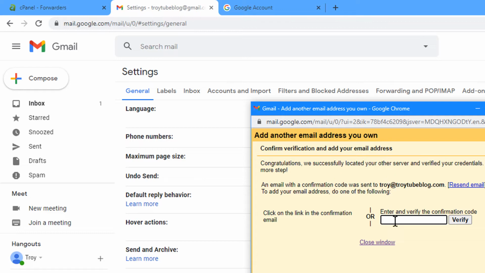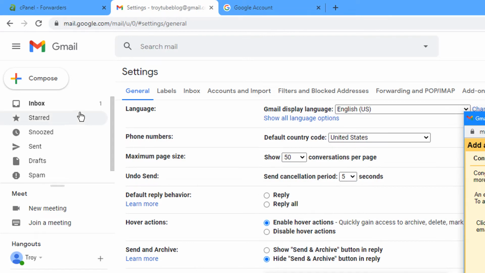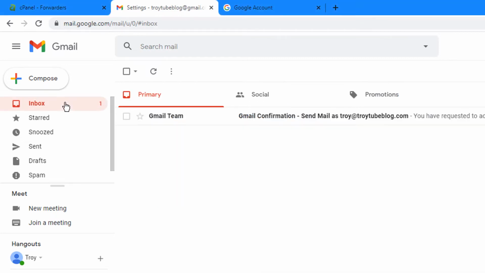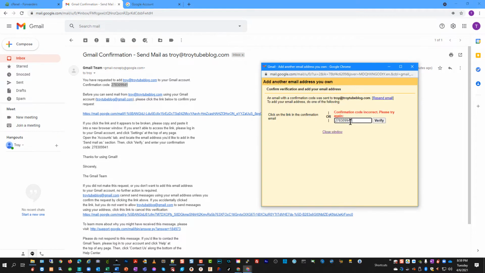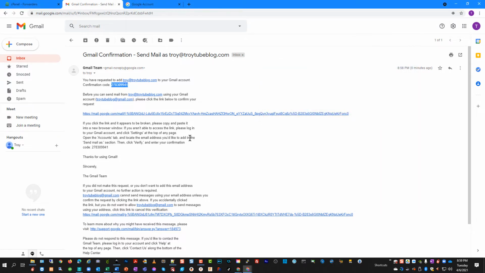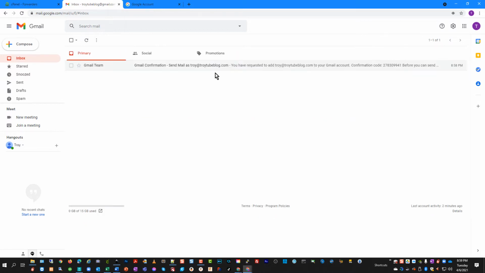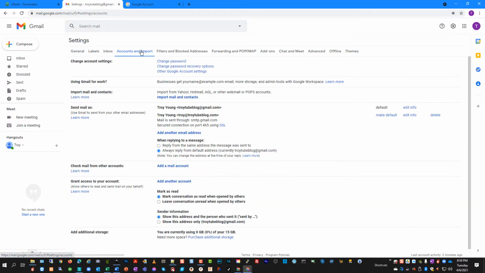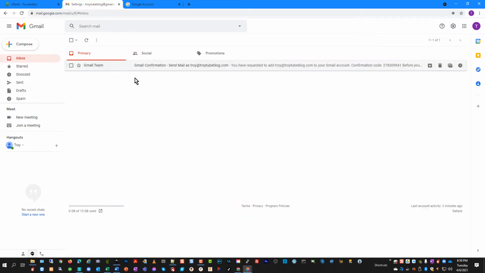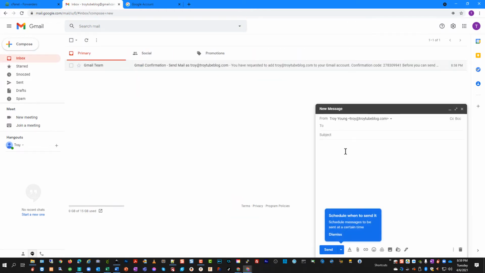And it's going to send us a code to verify that we're able to send and receive as this user. So after a minute or so, you should get this in your inbox, and I'm going to click on that, and we're going to get this code. And now our email is set up to be able to send as our user, and we have one more final step here. We're going to go back to the settings and the Accounts and Import tab, and we're going to click on this and click make default. And so this is going to make it so that this is always our default send and receive email address. And now if I send an email,